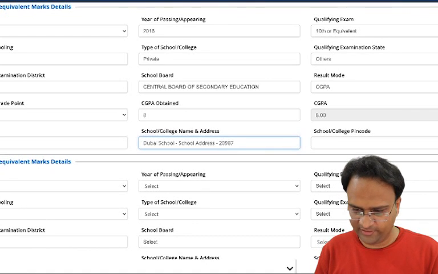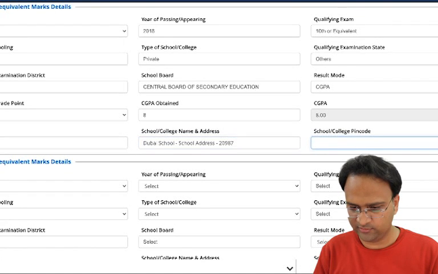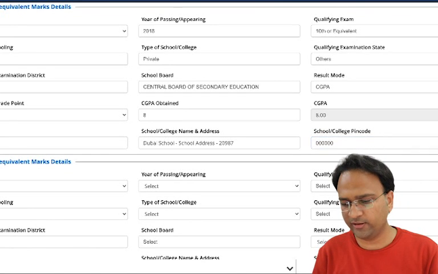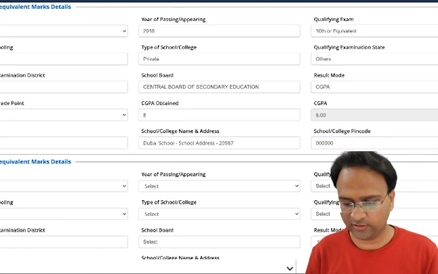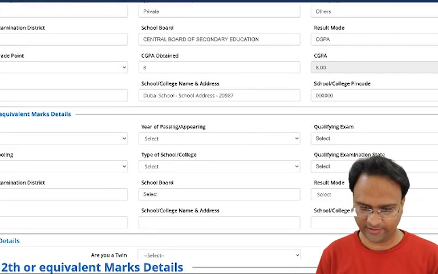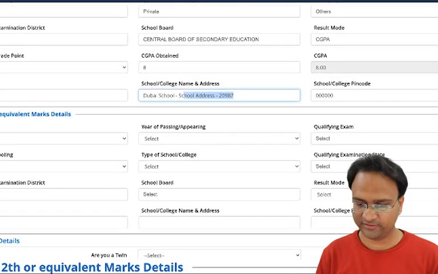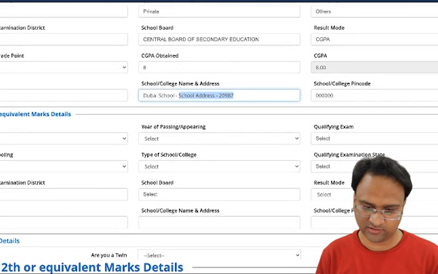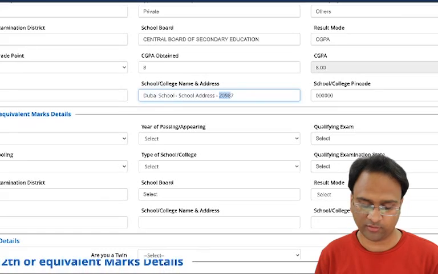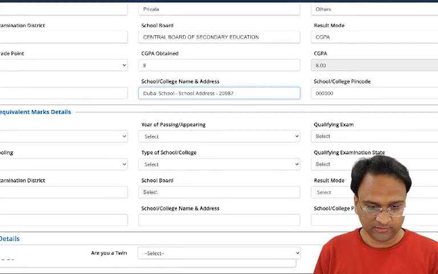Okay. Over here, you have to select 6 times 0, because if you even do it for 5 times, it will give you an error later on, and it will tell you that the pin code is not correct. So just to rule out that thing, you should always mention the correct address over here clearly. Otherwise, it will give you a problem later on. So mention the school name, then mention the school address, and at the end of it, you should give the pin code also over here, or I'm sorry, the zip code. Just like that,